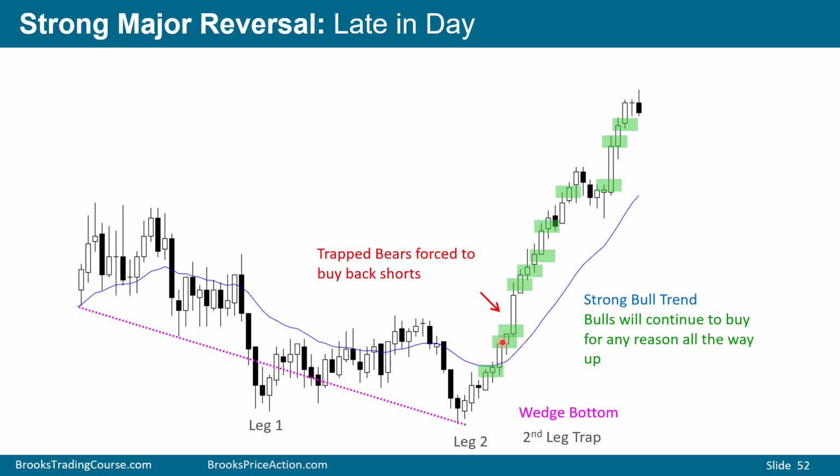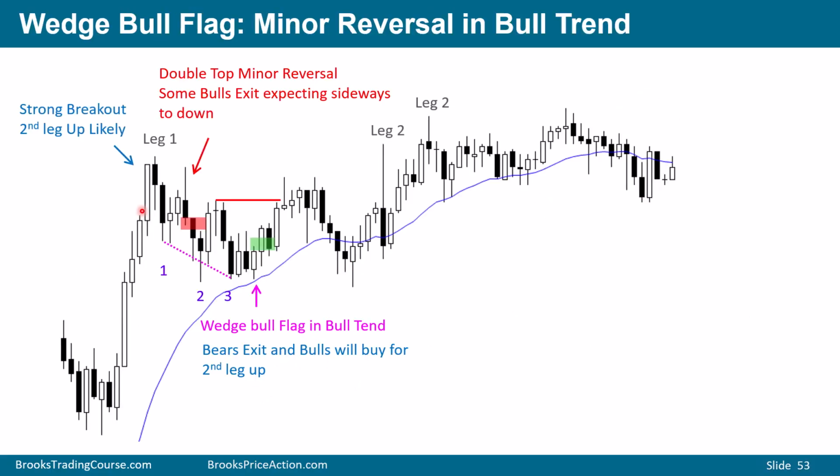In situations like this, when one side is not all that strong, there's added risk that if you break above the moving average, especially if you do it in the form of a micro channel where the channel is really tight, it traps the limit order bears selling above bars, betting on a second leg, and they get squeezed out of the trade. And bulls, they'll buy aggressively, betting on higher prices. And obviously we went a long way up. Wedge bull flag, minor reversal in a bull trend.